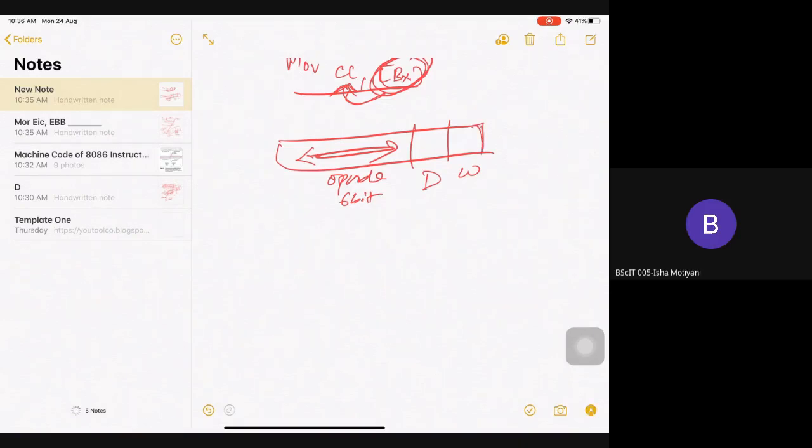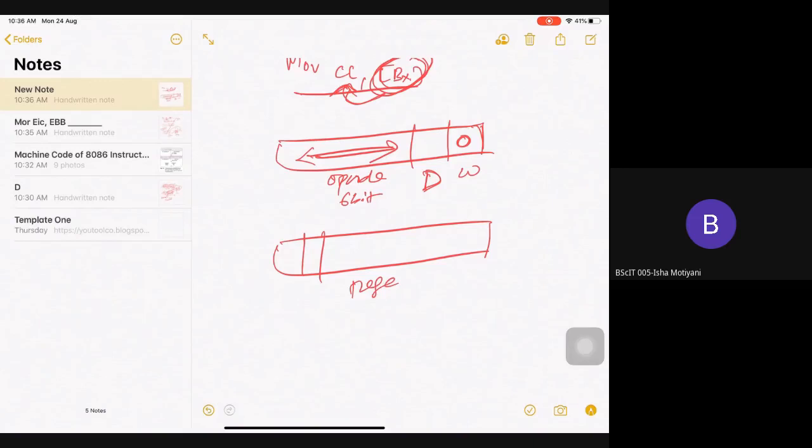It is an 8 bit operation because data is transferring into CL, so W will be 0. The D bit is the direction bit, and it depends on the register. So this is my 3-bit REG, and the next 3 bits are the addressing mode.